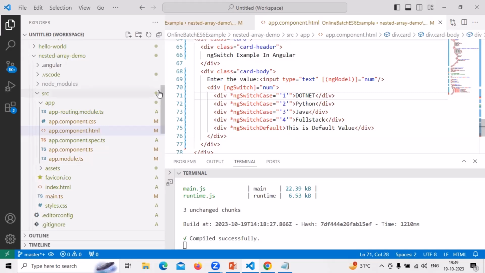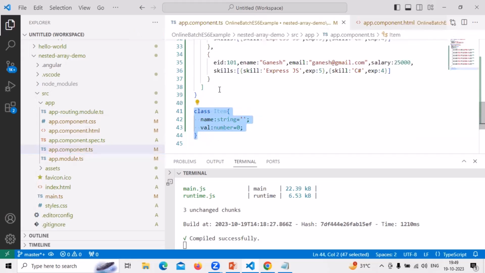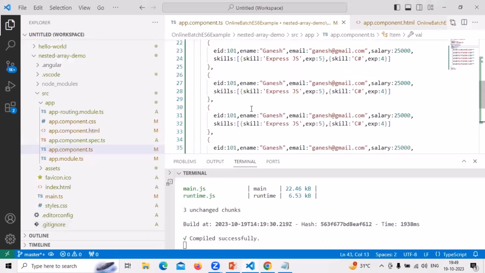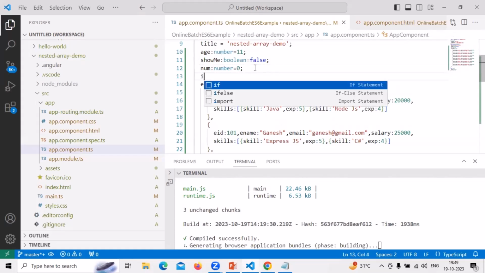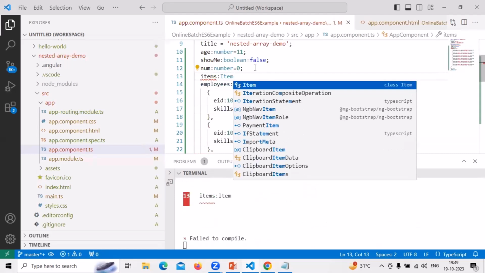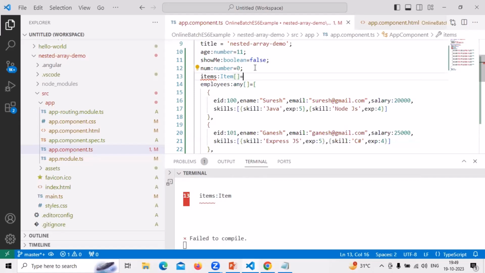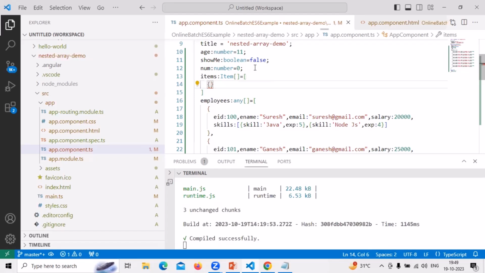Next, now we are going to implement this class. I'm just going to remove the comment, and after that I have to go inside the class and create one array variable, items. Item is a class and items is the array variable which I am going to create, equals to square bracket and then start a curly bracket with the data: name value will be